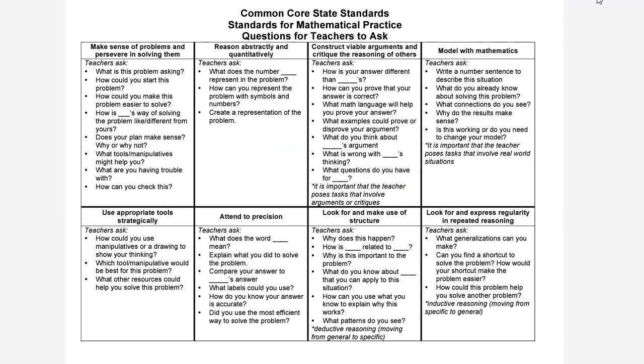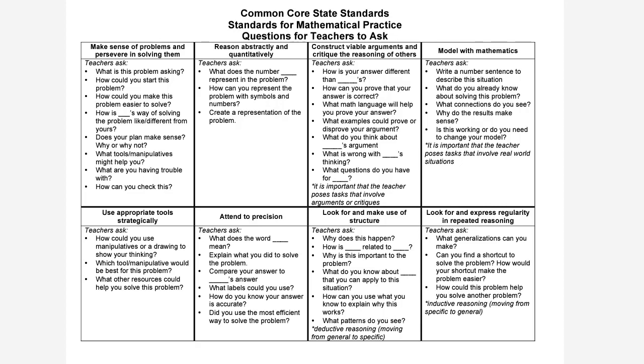When your class is working through examples, formative assessment questions, or even classwork problems that are application-based, these are great questions to ask them. Write a number sentence to describe this situation. What do you already know about solving this problem? Now, some of these also tap into one. So you could ask them, what is this problem asking? What do you already know about solving this type of problem? What connections do you see between this concept and this